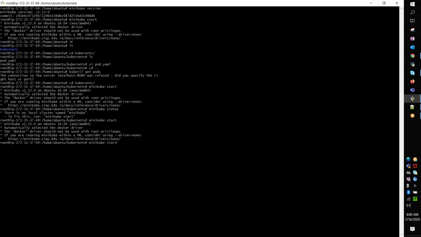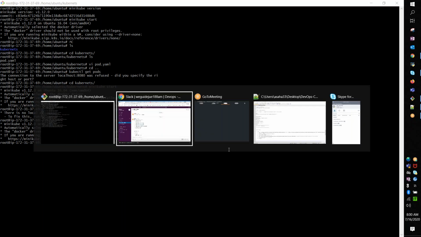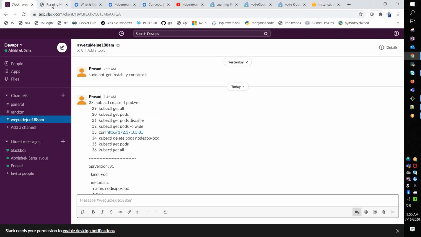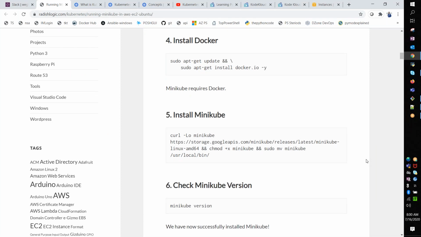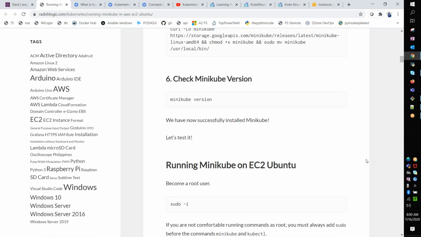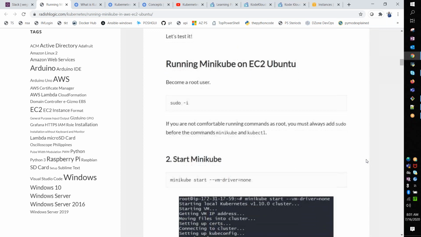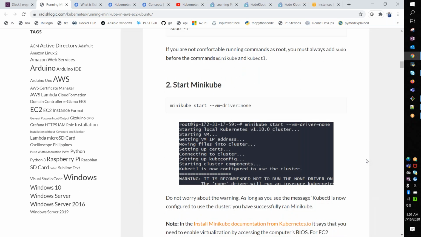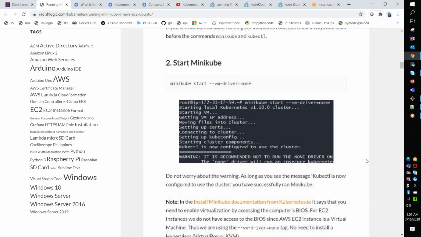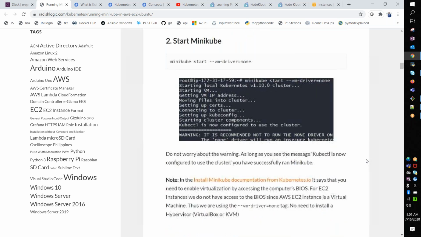Can you just open the URL which I shared? Sure. Okay, got it. So just minikube start is not going to work initially, only the first time.